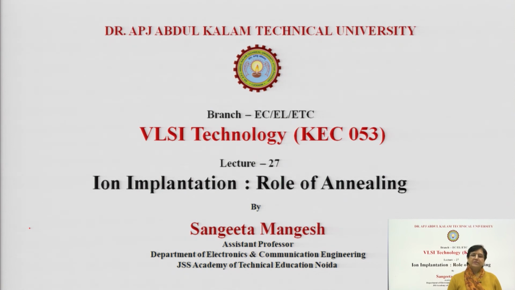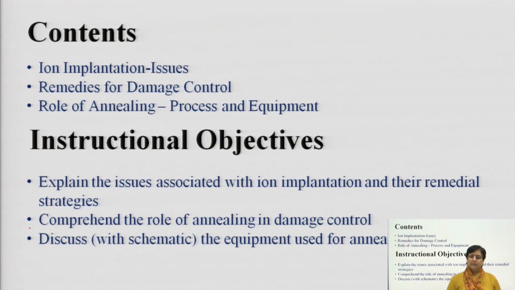Till now we have studied the introductory part of ion implantation. In the next lecture I gave you the idea about the ion implantation system as a whole, and we have seen the equations associated with it, that is straggle, range Rp, how you calculate it, then dosage and beam current. All those equations we have seen in the last lecture.